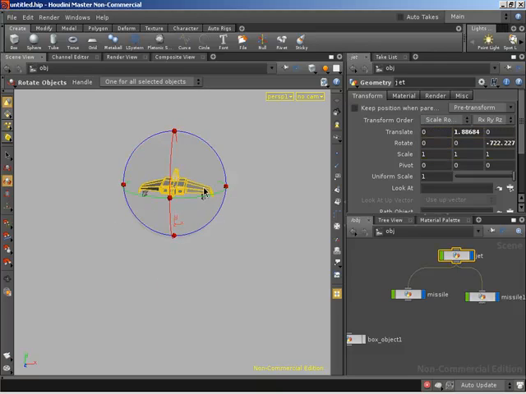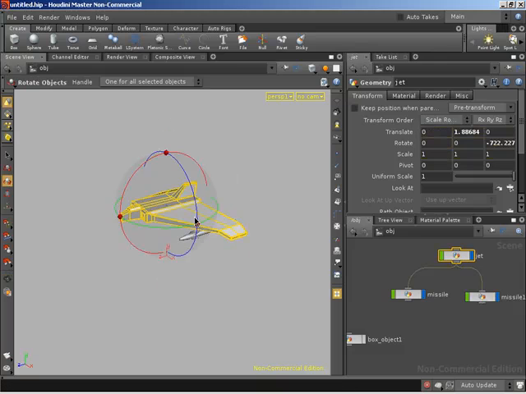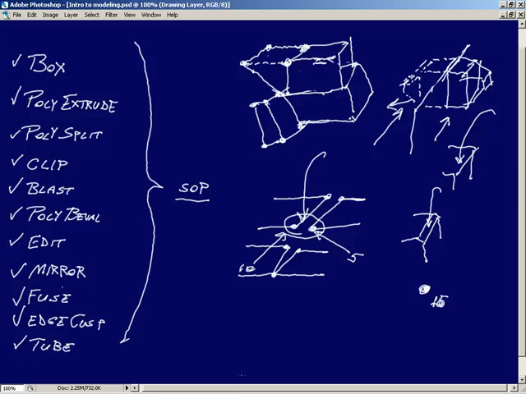Excellent. And with that, that's pretty much everything I wanted to show in this video. Are you happy with the video? Yeah, very much so. That's a lot of things we've looked at, Steve, which is really cool. I mean, we've done, I think, an excellent job, especially you, covering all of these different surface operators. So we've looked at the box, the poly extrude, the poly split, the clip, the blast, the poly bevel, which I spelled with an A. That's awesome. Let me throw that E in there. So the poly bevel, the edit, the mirror, the fuse, the edge cusp, the tube, a lot of different things